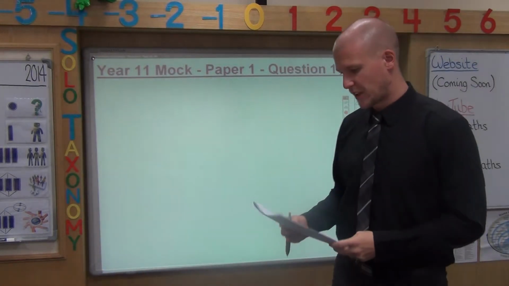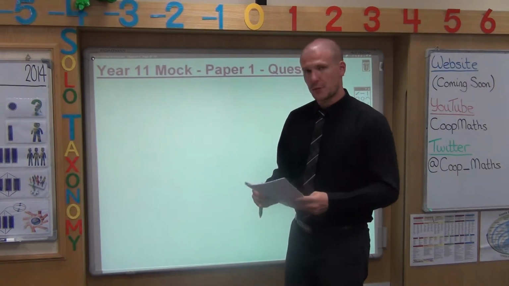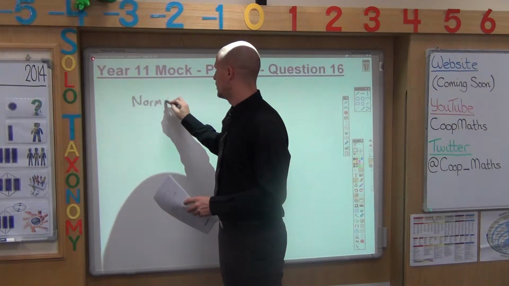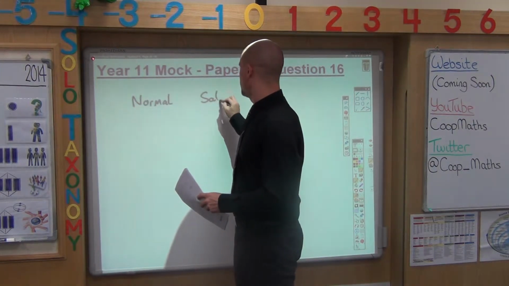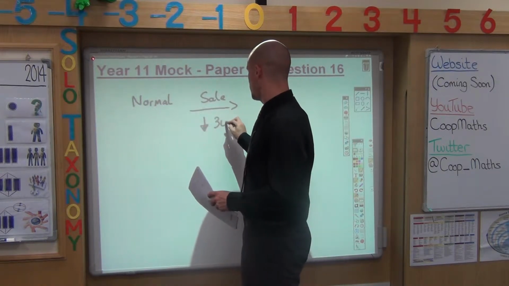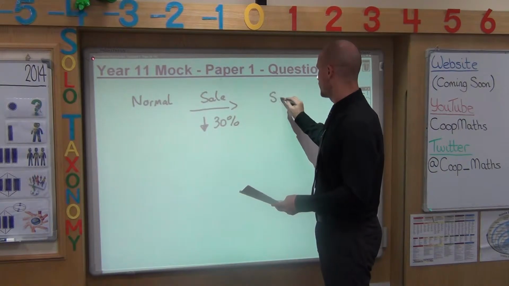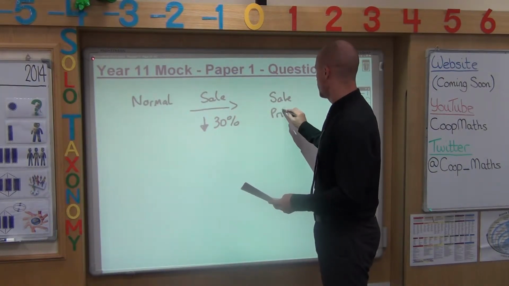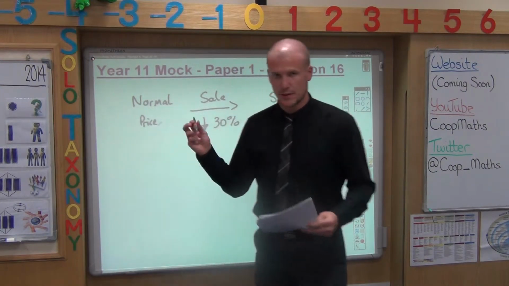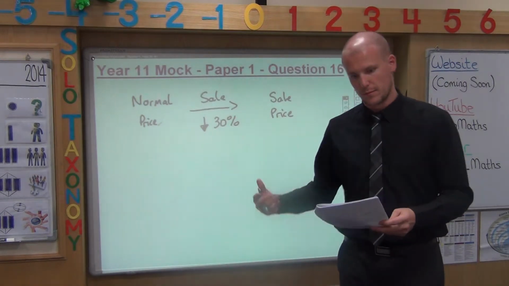Paper 1, question 16. The normal price of a television is reduced by 30% in a sale. So you have your normal price, the sale happens where you have a 30% reduction, and then you have your sale price. Sale price and normal price. You don't have to annotate that like I've done there, but hopefully it'll kind of explain what's going on in